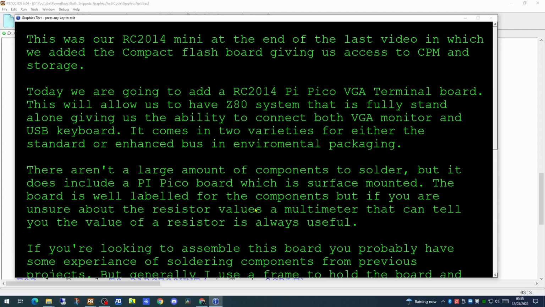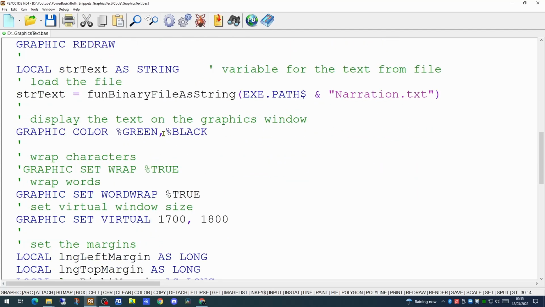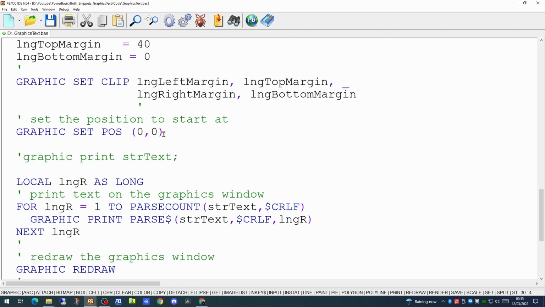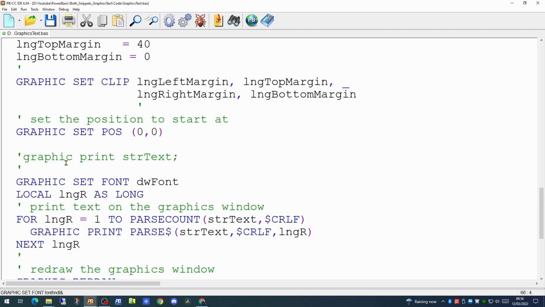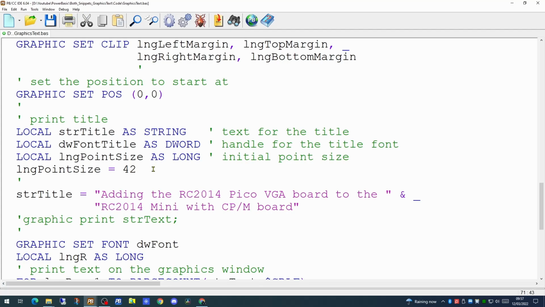So now that we have our raw text presented on our graphics window, can we place a title at the top of the text? In order to do that, I'm going to move the graphics set font command down to just before we actually display the text, because we're going to set the title in a different font. So we're going to set up some local variables. We'll set up a variable to hold the text, which will be the title. We're going to set up a handle for the title's font, and we're going to set a point size for the font itself. We're going to make our point size for our font 42,